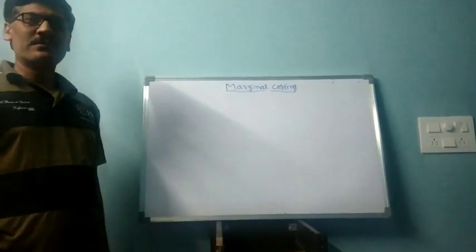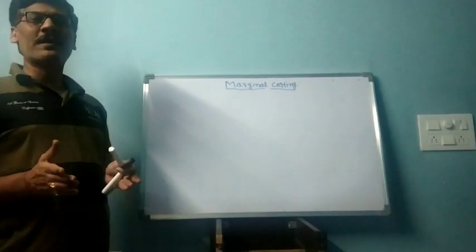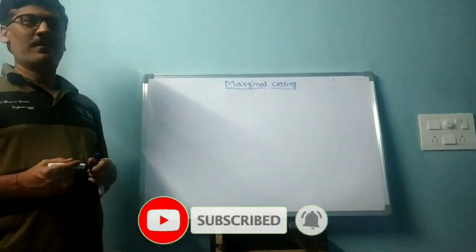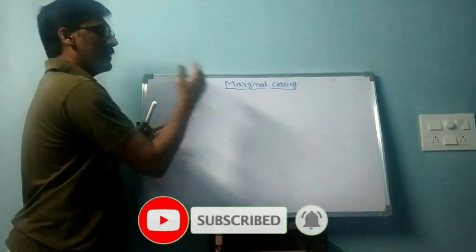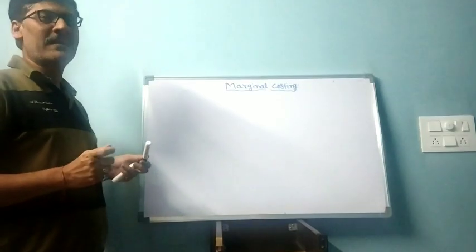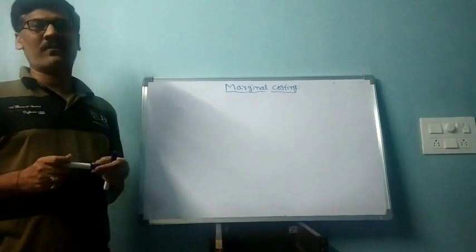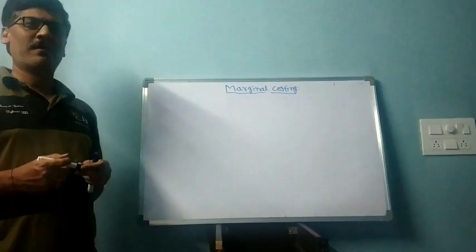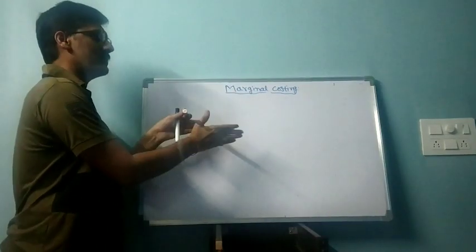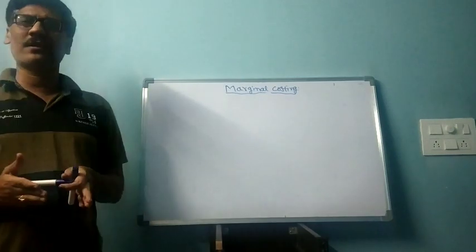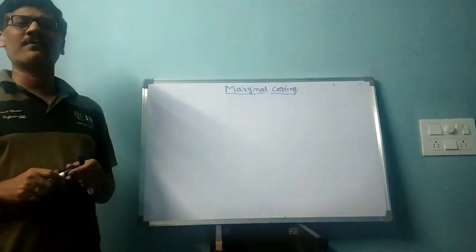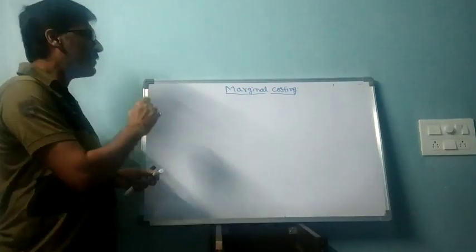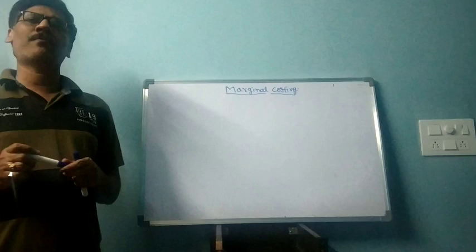In today's class, we are going to learn how to derive the formulas which are involved in marginal costing chapter. Before we learn how to derive the formulas, let us understand the basic terminology. What are the terms that are involved in this marginal costing chapter? Unless we understand the terms or terminology in marginal costing, we cannot understand the formula derivation. No need to remember any formulas. We will derive the formulas with the help of small example.